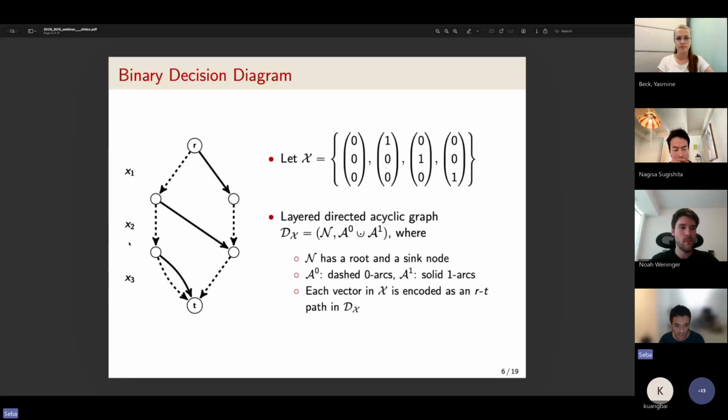We're going to have different layers. Each layer is going to be associated to each component of these points. And then the arc set is going to be partitioned into 0 arcs and 1 arcs. 0 arcs are going to represent a 0 value assignment to the component of that layer, and 1 arcs are going to represent 1 value assignments to that component. So in this construction, each of these points is going to be encoded as an RT path over this network, right? So this 0 point here is going to be exactly encoded by the leftmost RT path